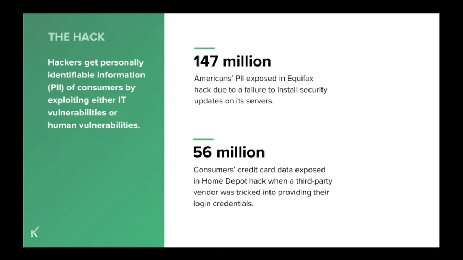And as I mentioned, it starts with the hack. So in order for fraudsters to commit the crime, they must first have the right data, and they get that data by either exploiting IT vulnerabilities of a business or the employees that work for or with the business. So an IT vulnerability hack is basically when the hacker exploits a weakness within the software or hardware used at a company to perform an unauthorized action within the computer system.